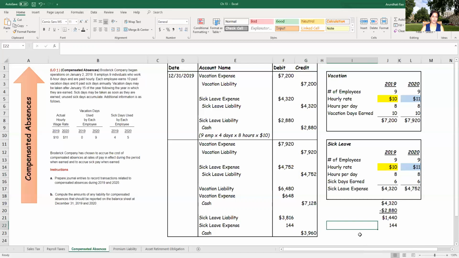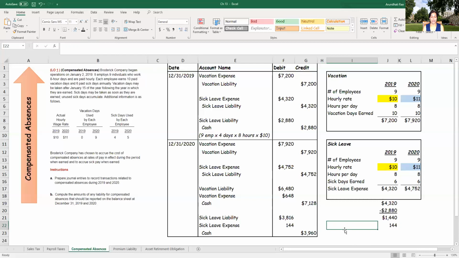There are people who are known, especially in government agencies, who started out working 30 years ago when their compensation rate was way lower than what it is when they retire. And they've accumulated something like 6 months to a year worth of sick leave and they never took it. And now they want to take all of it. So if the company or the government, whoever it is, the employer has to pay it out, it gets to be a significant amount. So most companies, what they will do is they will tell you sick leave you can accumulate for up to 3 years.